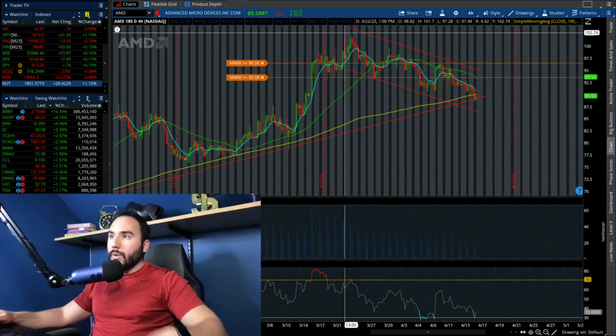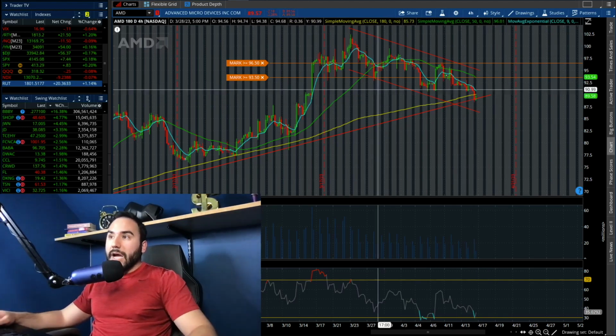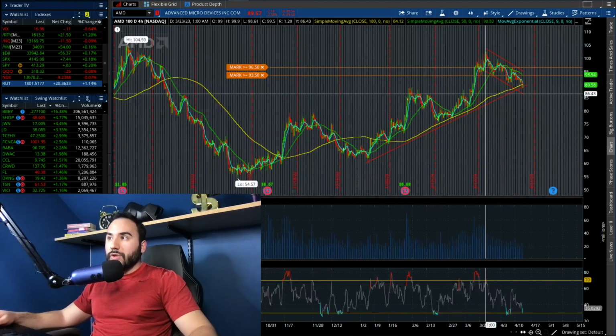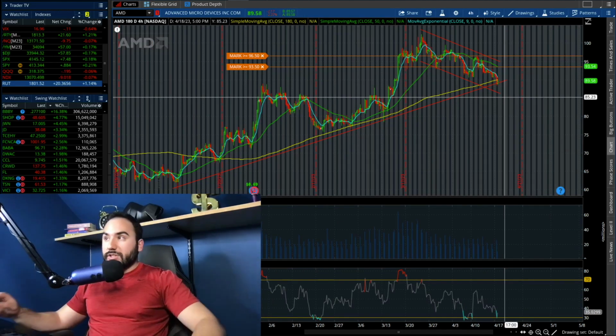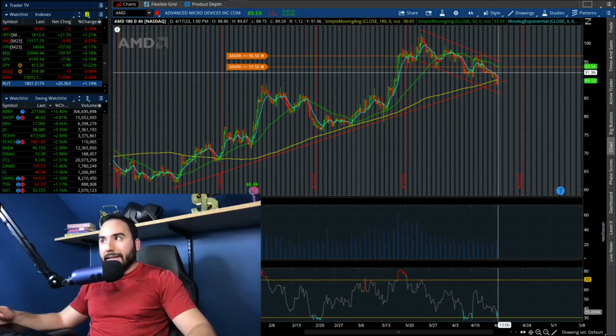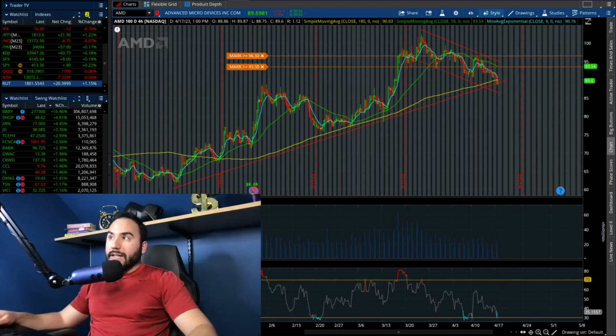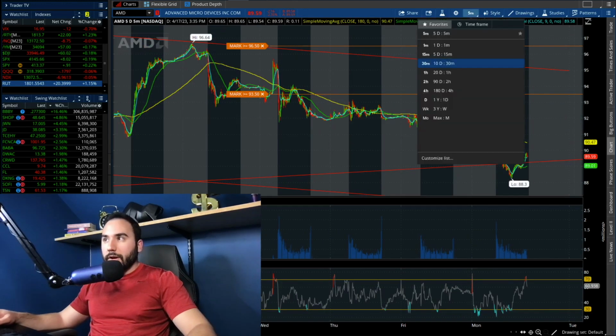So essentially, we've given back all those gains. We're now oversold. We've been selling off day after day after day, it seems like, and now we're right by the bottom of this trend line, and we're right by the 180 SMA, which we have to see bulls come in there and pop this thing back over, let's say 90, 92, which we're not getting yet, but at some point in the future, we might get that, which is kind of what I'm waiting for here in the short